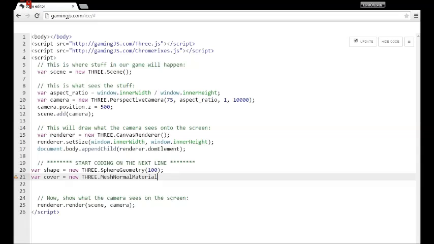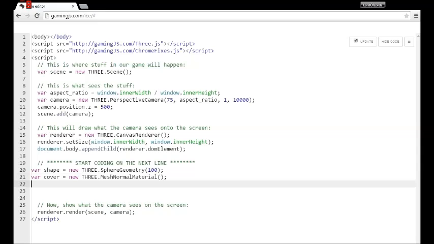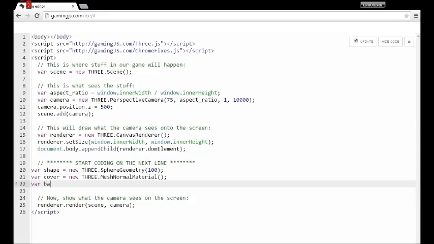And then you're just going to do opening bracket, closing bracket, semicolon. So then, if you press enter, it'll make an entirely new line. So then you'll put in var ball equals new THREE.Mesh, then opening bracket, then shape, comma, cover, closing bracket,